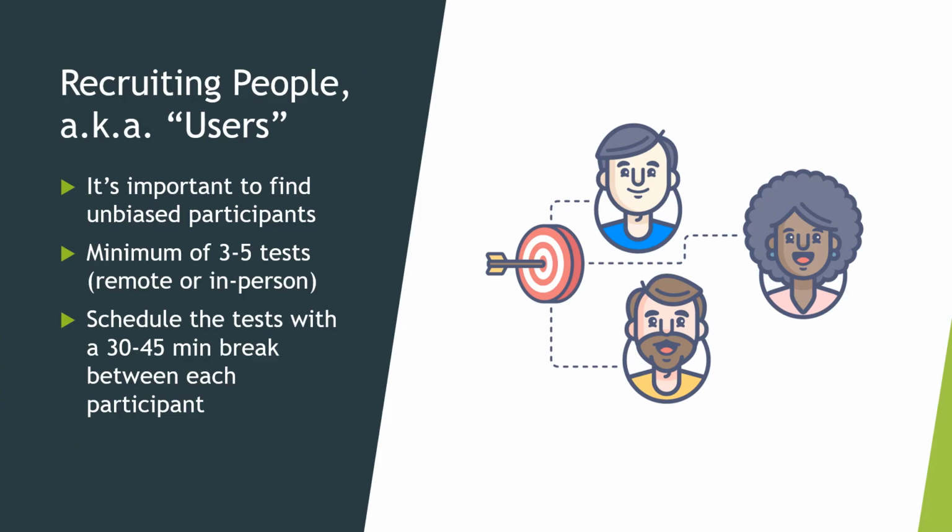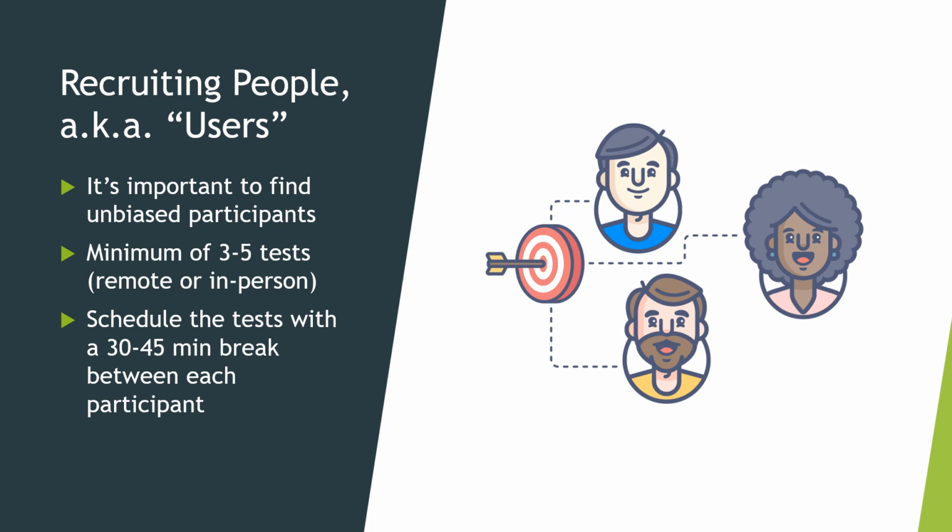Now, if you're working on a project for a client with existing customers, recruitment is going to be easy. You just reach out to their customers. But for a small personal project, you might want to try reaching out to your friends who actually fall into the target audience. A few examples would be if you belong to some social media groups for your target audience, like LinkedIn groups or Facebook groups, then these are people you could reach out to. But it's important to find unbiased participants who are not just willing to be nice to you in their response. You need unbiased feedback, whether it's good or bad,